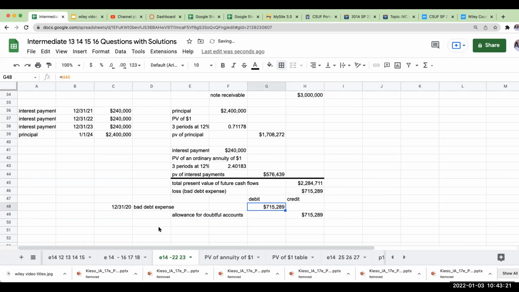And you might be asking, wait a second, this is a loss on a loan. Now they're a bank, they loan out money. So for them, a receivable is like a loan. So to them, tomato, tomato, potato, potato. That's essentially what the bad debt expense is. This is what bad debt expense is going to be for a bank. So this is going to be to record bad debt expense.